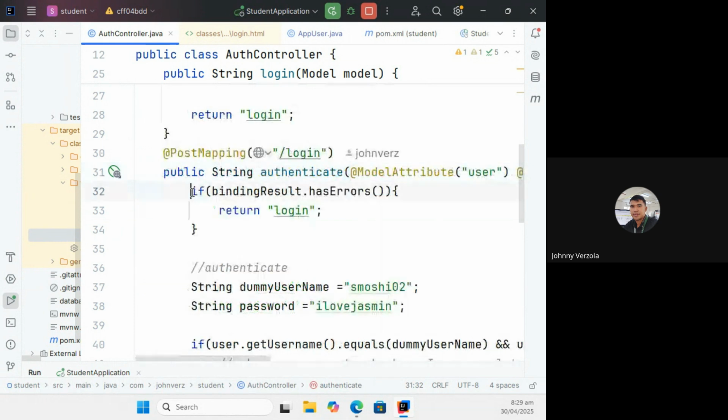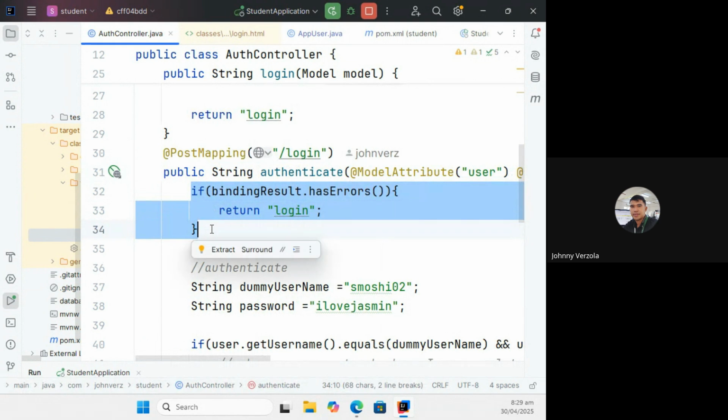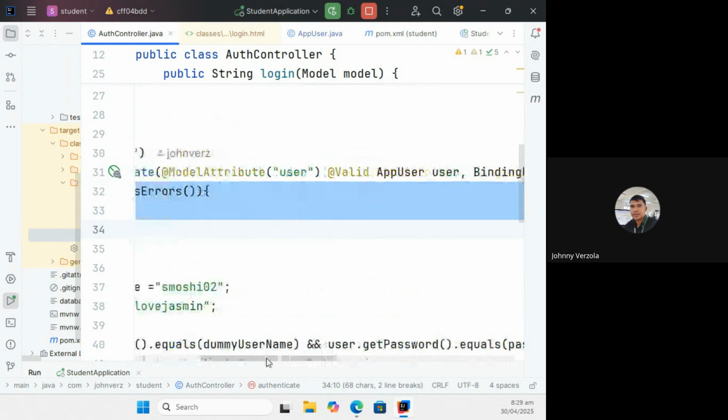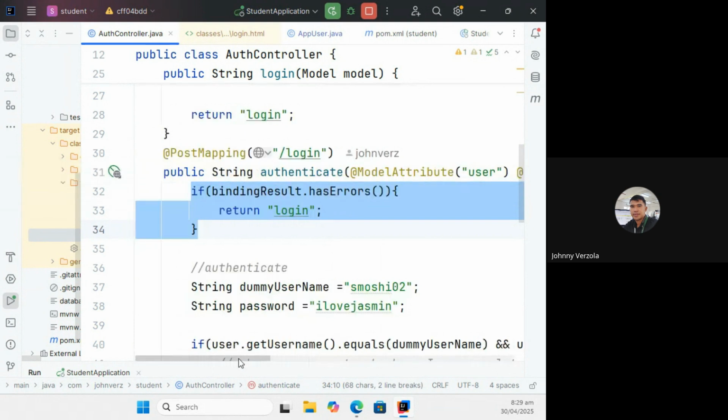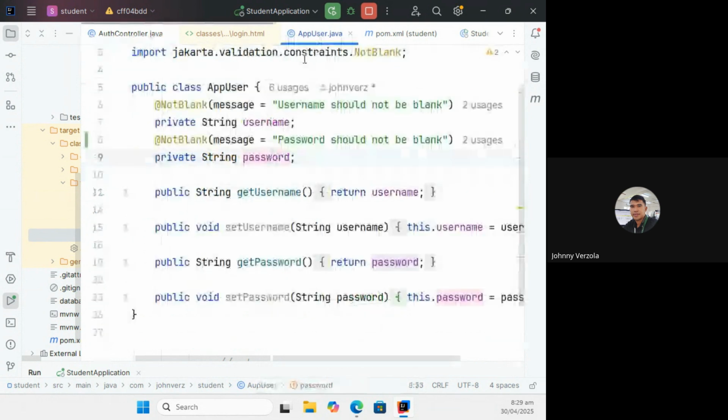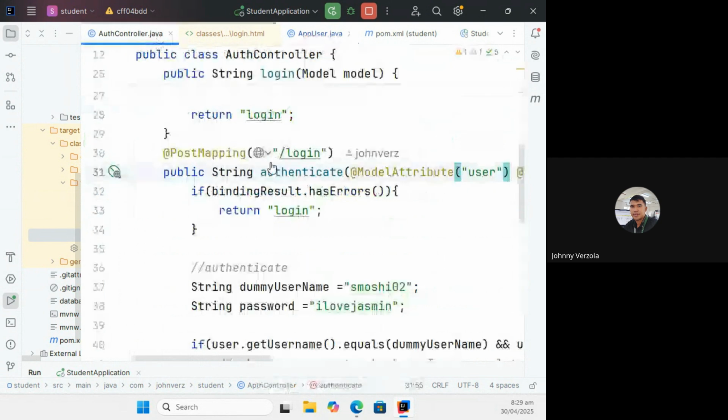Now we have this one. It's basically a further check that is in conjunction with the validation. We check whether there is any error. If there is any error, we render back the login, and then we also display in there the error that is produced after the validation process. Which, for example, if the username is blank, this will be returned. Okay? This will be returned in here.